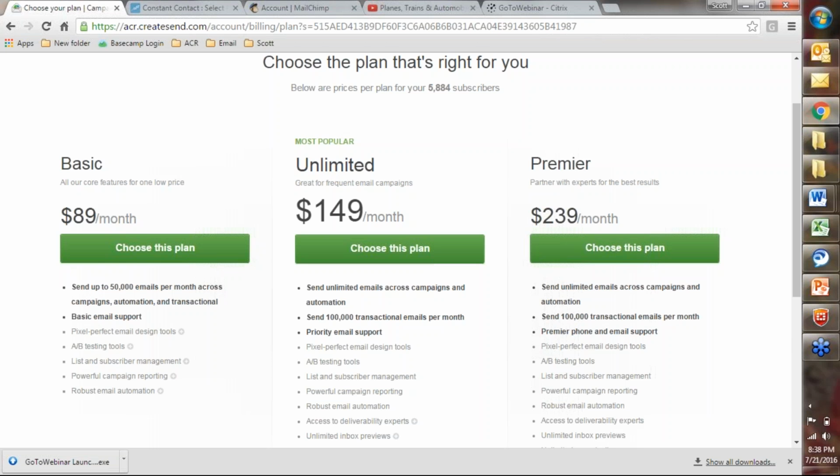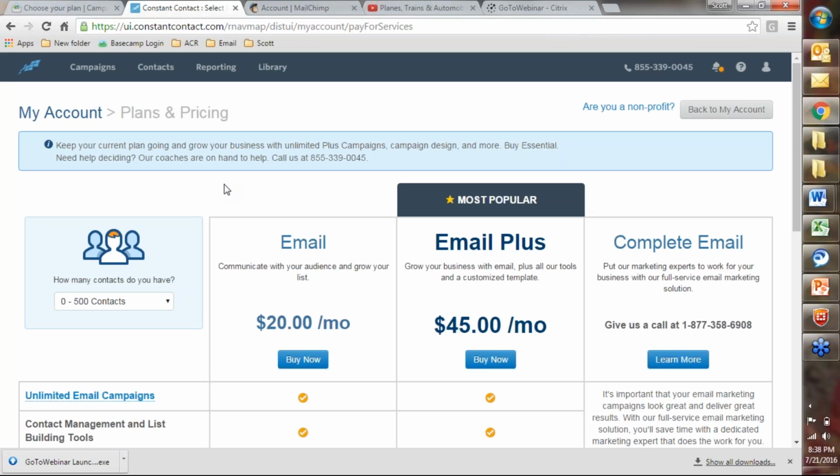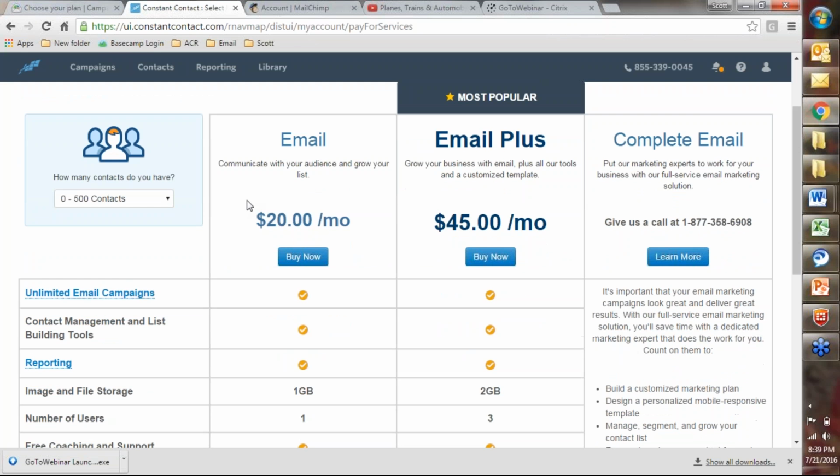If you send out a lot, then you go to basically a flat fee. And so I would just weigh those costs, because Constant Contact would come in here. And because we don't have a list, you can see how much cheaper they are, right? So as your list grows, that means that's the amount of emails that you're sending.